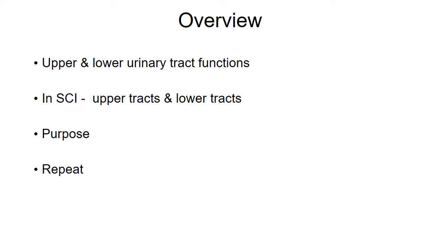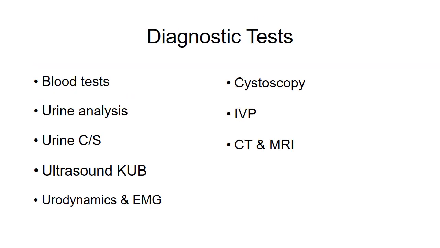In spinal cord injuries, we have investigations of both upper tracts and lower tracts. We have to assess the general condition of the patient, any infections, any lower tract or upper tract changes, any calculus formation, any stricture, fistula, etc. Sometimes we may have to repeat the above tests whenever there is need, like in urinary tract infections, incontinence, obstruction, etc.